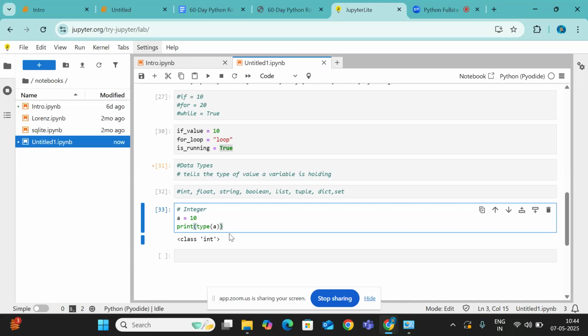So here, before explaining these data types, I want to explain how much size a whole integer takes. So for that,